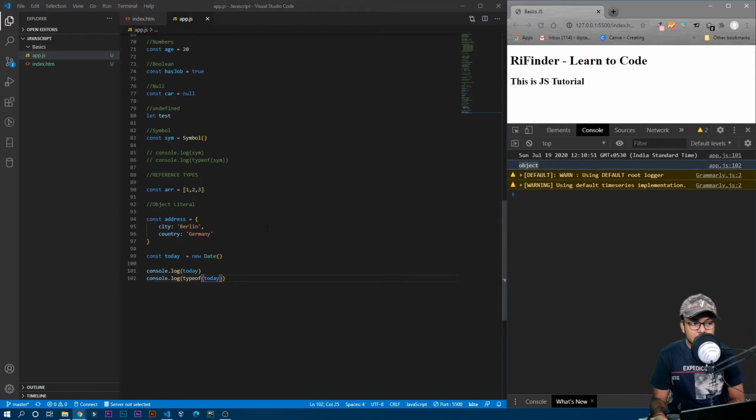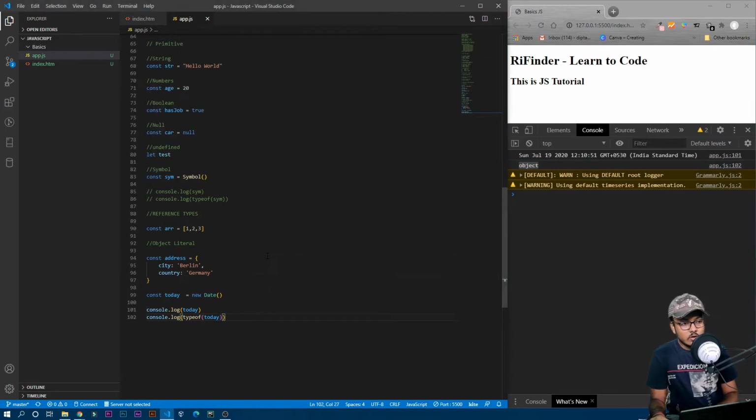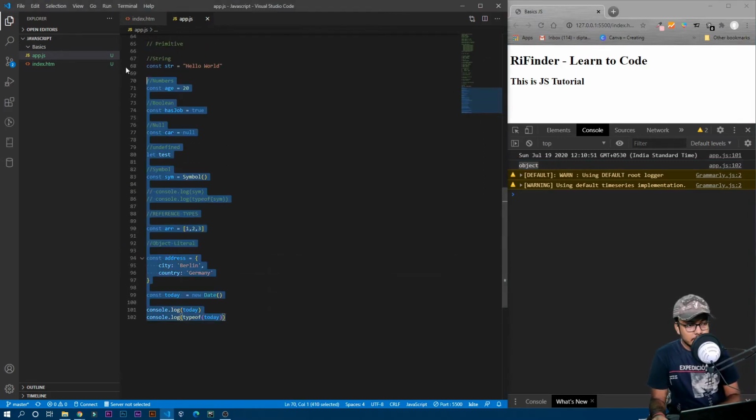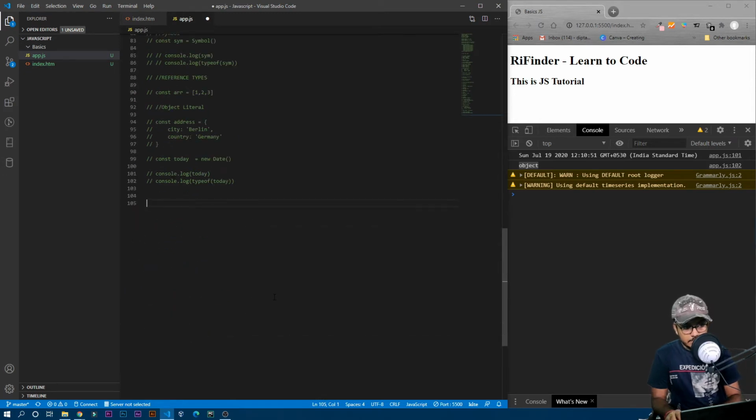Okay, so these are all the data types, and now we will see how to convert, like, string to number, number to string, boolean to string, those kind of things. Okay, so let's quickly comment this whole thing. You can see we actually used different variables for different data types, but now we are going to use a single variable for every data type. Okay, so I'll make it like type conversion,